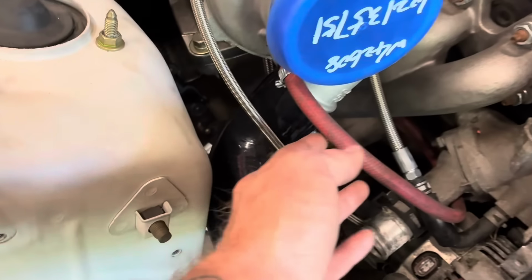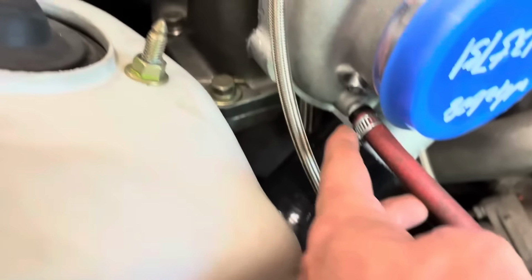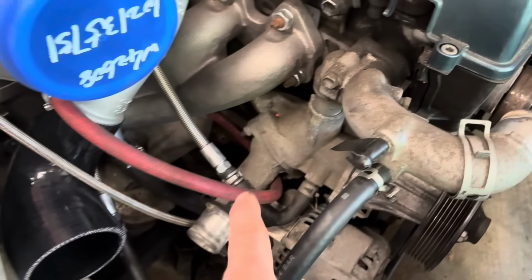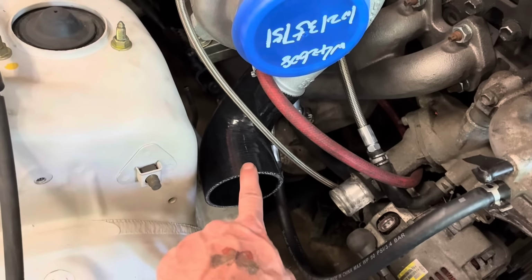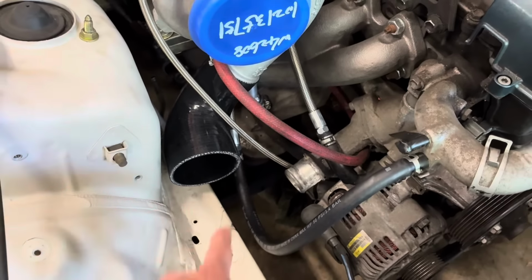I also got the wastegate completely hooked up, and here's the line for it. I went ahead and tapped that on the turbo, and that goes down to the wastegate, and the wastegate's completely hooked up. I still need to route the wastegate dump tube, but that can go on later when I'm doing the exhaust. I also got this adapter coupler to go from 3-inch to the 2-inch, so I can run my